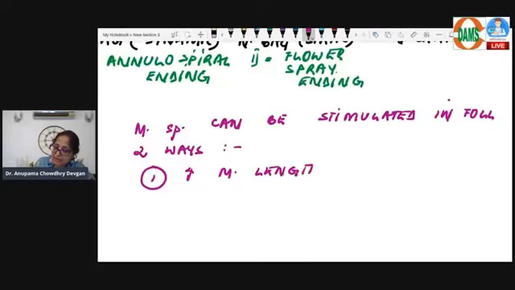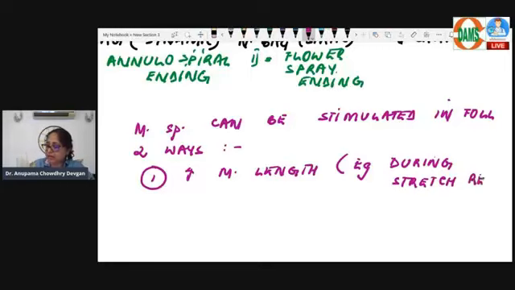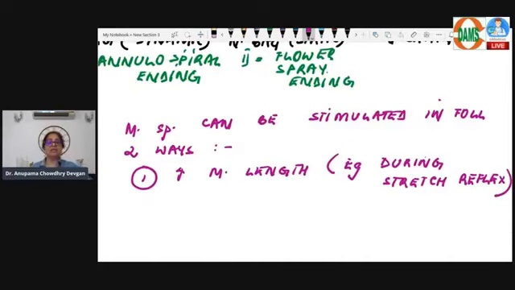If I increase the muscle length, for example, during a stretch reflex, we'll be doing stretch reflex in detail in the central nervous system. So when I increase the muscle length, I will also increase the length of the muscle spindle, because remember, the spindle extends from tendon to tendon. So if I stretch the muscle, I will be increasing the length of the muscle spindle and stimulating the muscle spindle. And second reason is